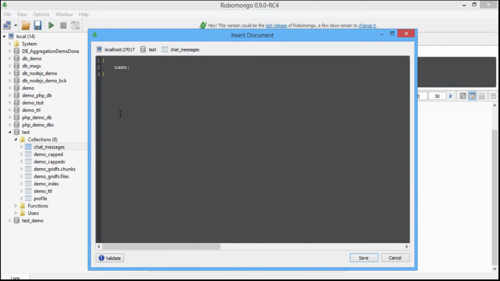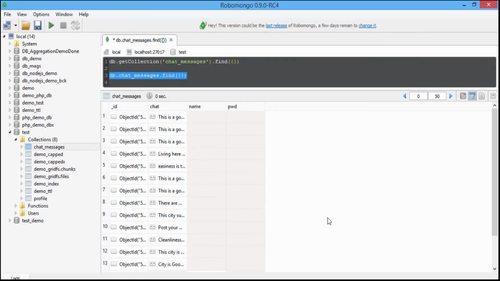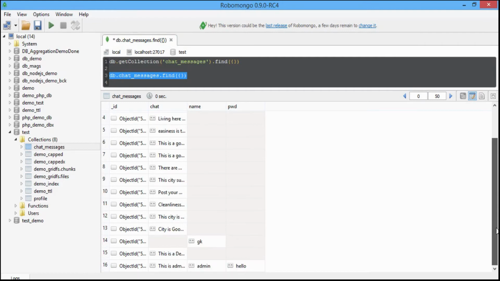Now I'm going to insert one more document with a completely different structure. For example, I'm going to insert this one. Save, done successfully. Let me do a find again to see our latest update.